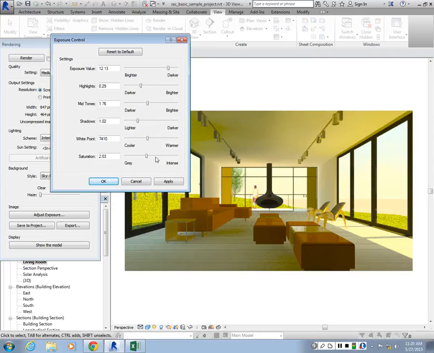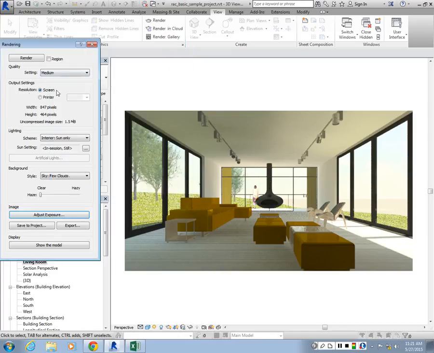Saturation is controlling the kind of closeness of the colors. So if you make it intense, you're going to get more contrast. If you make it grayish, you're going to get more plasticity out of it, right? So you can control, it's kind of like basic Photoshop overrides. And once you find a setting that you like, so let's say we want to keep it a bit more saturated, and I see kind of the environment a bit better as well, then you can come in here,